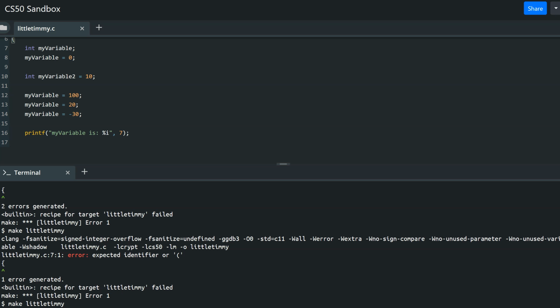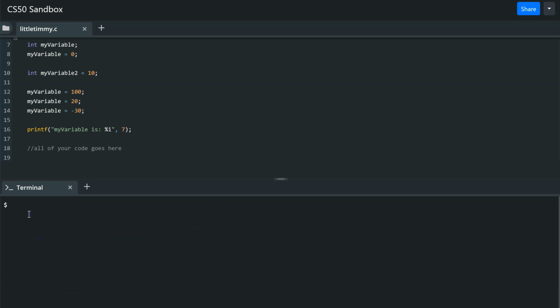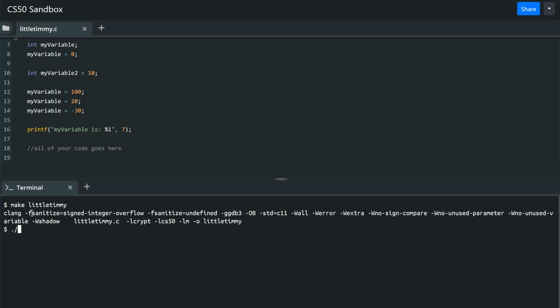and then hit make little Timmy. You have to recompile every time you change the code. If you don't recompile, it doesn't see what you changed. Okay, I just realized that you couldn't see the very bottom of the screen down here, so if you're wondering where the stuff in the terminal went, it's because I had to pause the video and change some stuff. So if I compile this again, and then I run it with ./little Timmy,